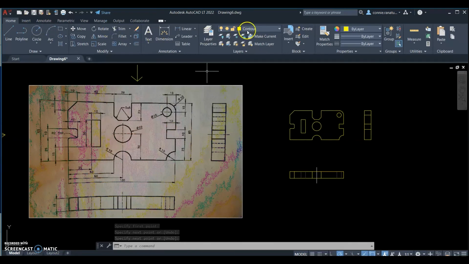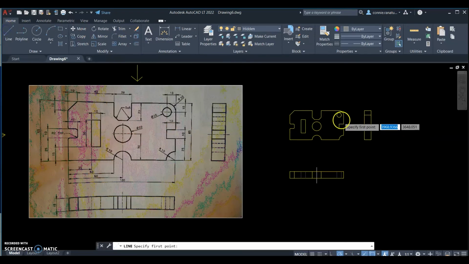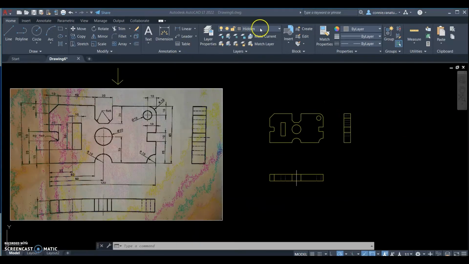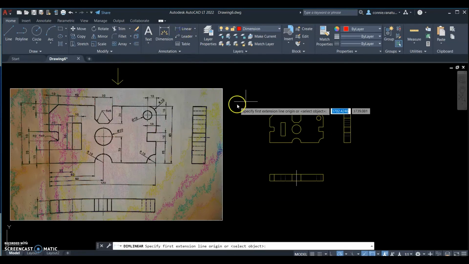So then we go to hidden. Okay, I paused the movie and I did the hidden lines because it takes too long. So we will start